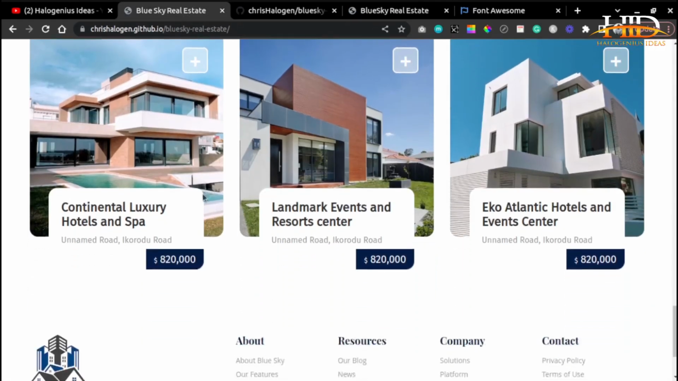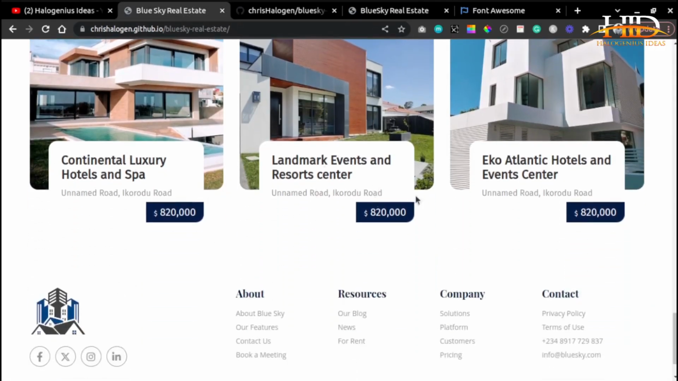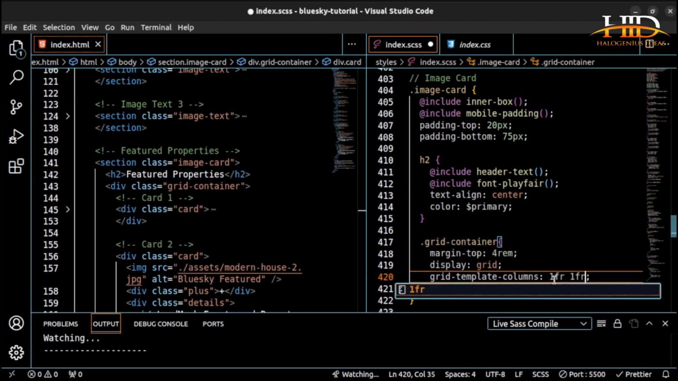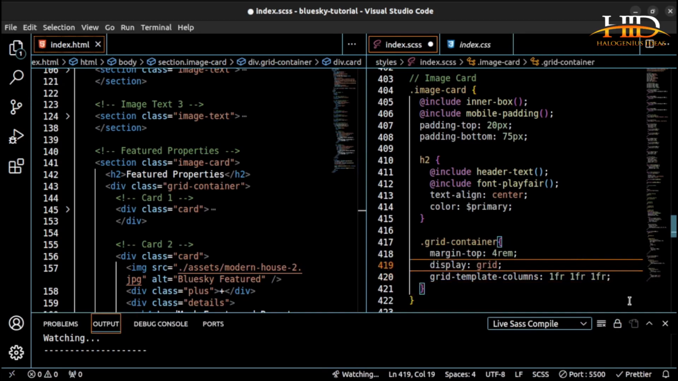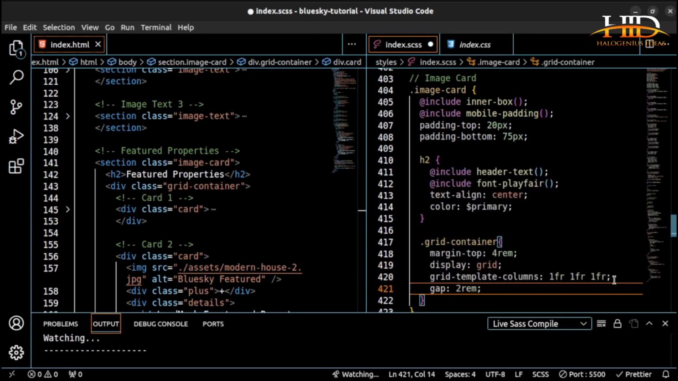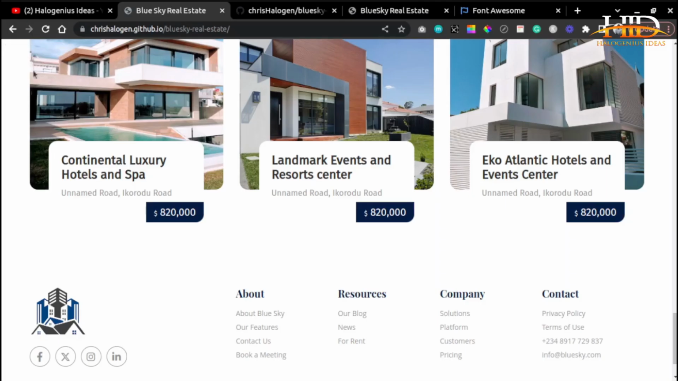Where are you? So, a 3-column layout, 1 column, 1 column, 1 column. So this will be 1fr, 1fr, and 1fr. So the grid-template-columns: 1fr 1fr 1fr. So I've split everything. Then I can put a gap of 2rem, which is 32 pixels basically. Come here and